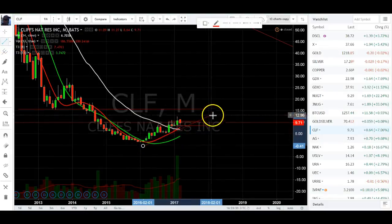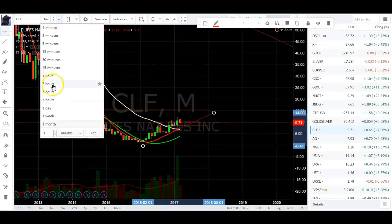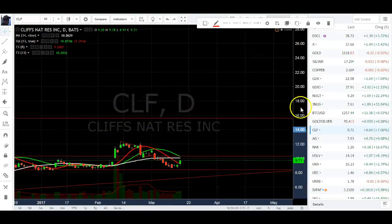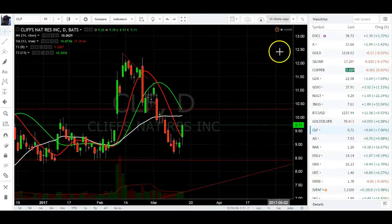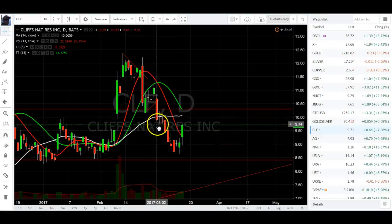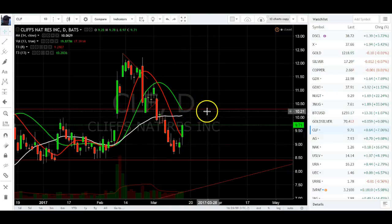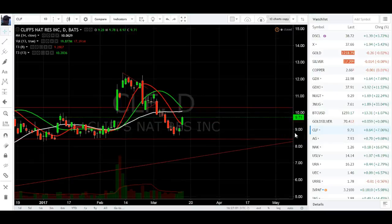Where are we at here? Cliff on a monthly has a bullish pattern across the 34. We're just waiting for this retracement. And Cliff is one of my favorite movers. So we broke down, got a double bottom now. Broke through the 8, hit resistance. Look for this to come back into the 8, gather its legs, and try over that 34 and 13 all at the same time. Or it could just bust into the 8 and then retrace back into support, which